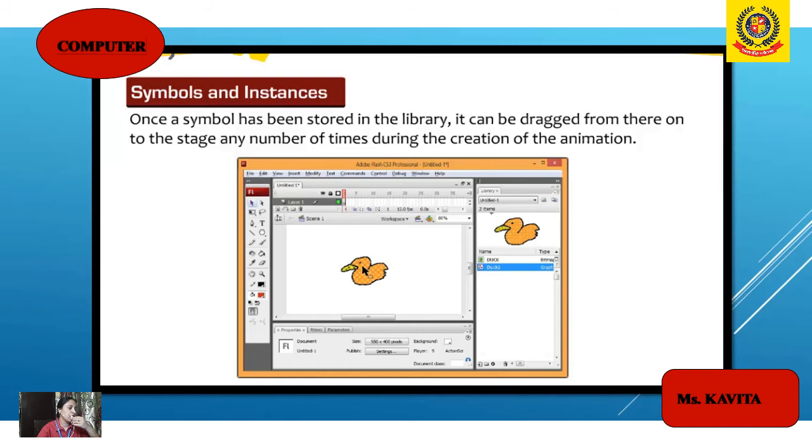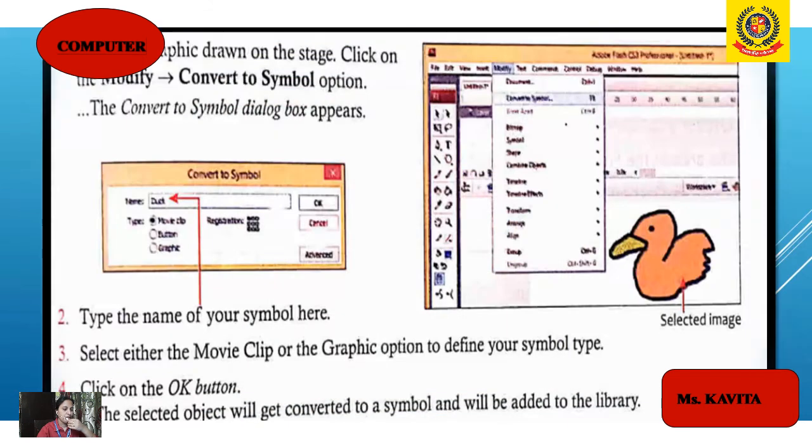Now, each time you drag a symbol from the library onto the stage, you create an instance of the symbol. What is an instance? An instance can be defined as the occurrence of a symbol on the stage.